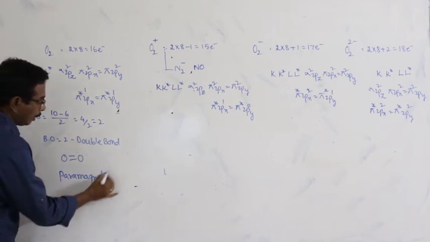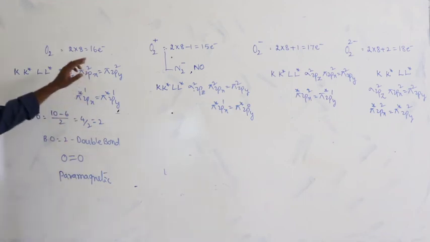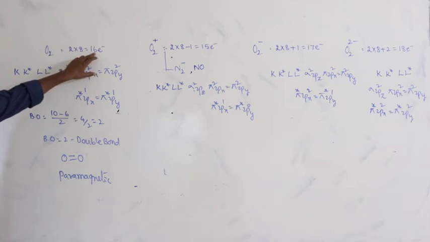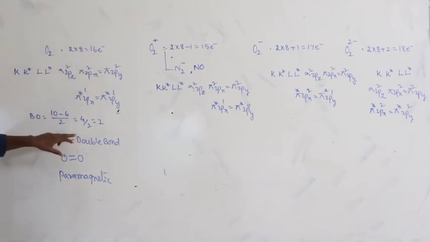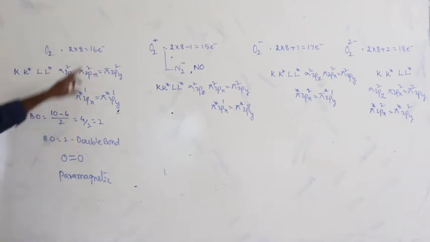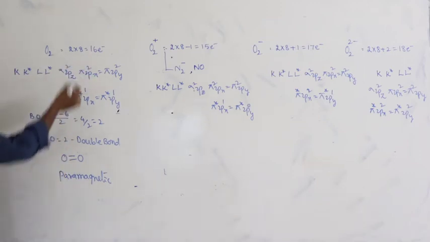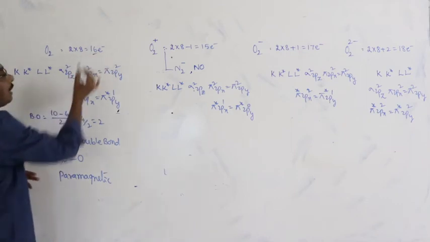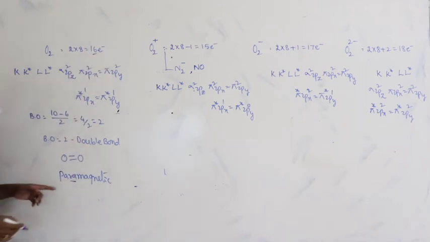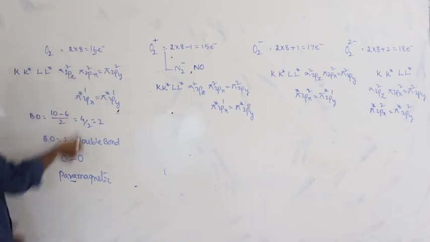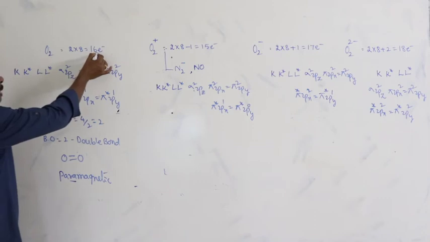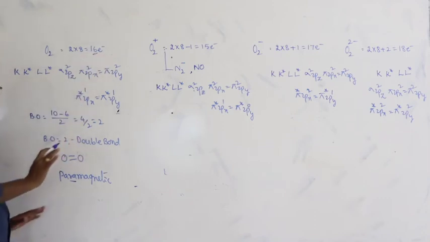Why? Previously I have given a statement: the species with an even number of electrons have the bond order as a whole number, 0, 1, 2, 3. But here this is quite the reverse. The species is actually even in electron number, then according to the statement given, this should be diamagnetic. But here it is paramagnetic. Here the number of electrons is 16, double bond, okay, satisfied, but here the condition is deviated.